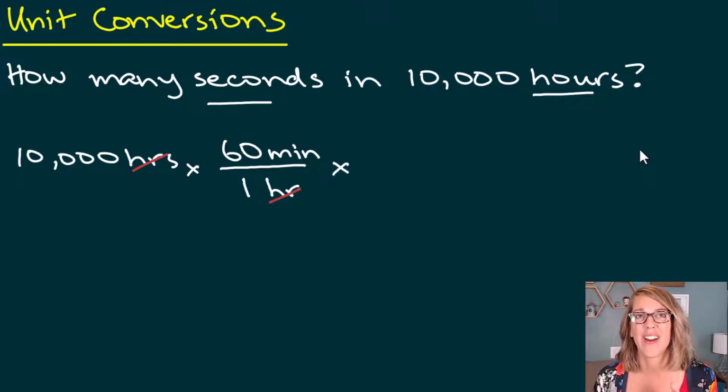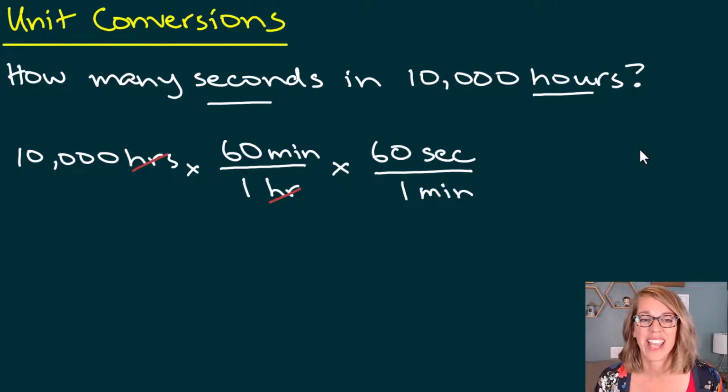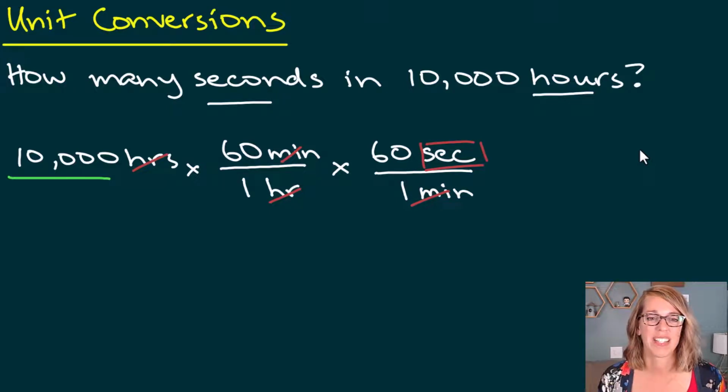I can multiply again because now I want to cancel minutes. And I know that there are 60 seconds in 1 minute. So I'm again going to create this fraction. I want to keep the seconds, so seconds go in the numerator, and I want to cancel the minutes. So 60 seconds in 1 minute, and that minute goes in the denominator. So now I can cancel the minutes. The units that I'm left with is seconds, and I want to multiply the 10,000 times the 60 times the